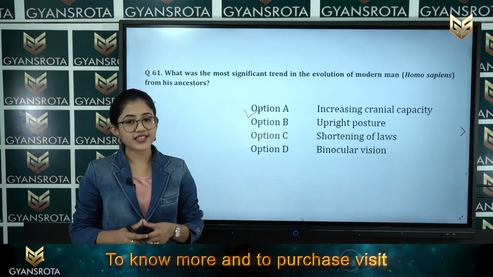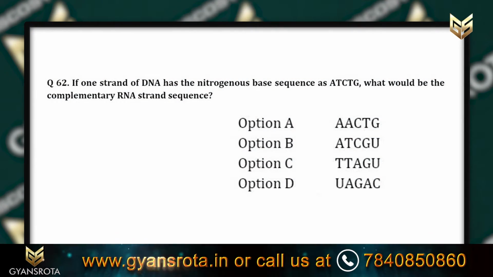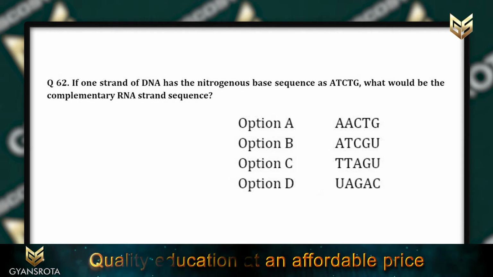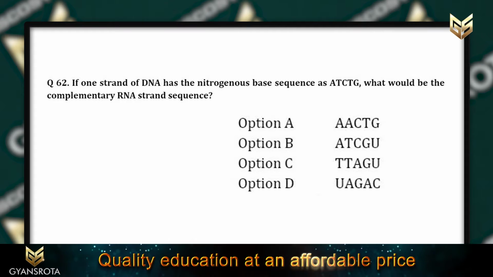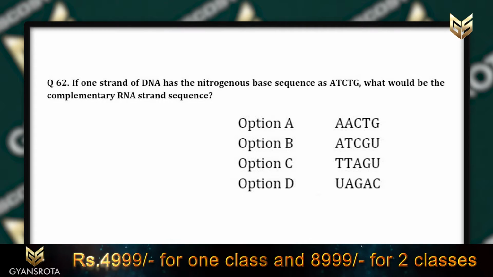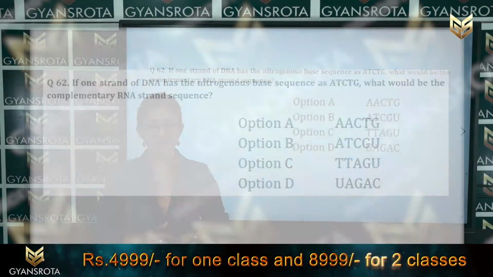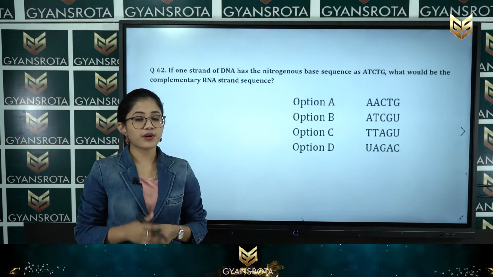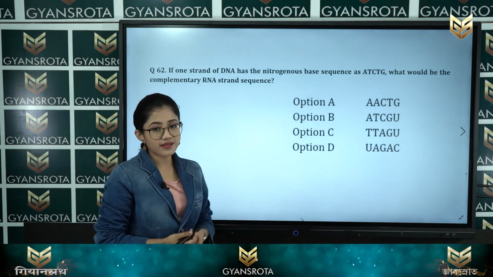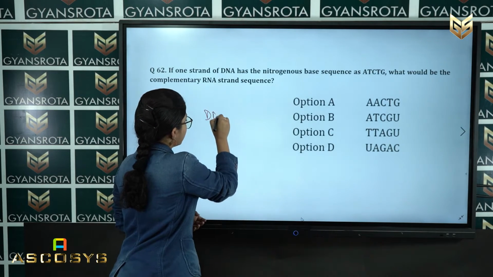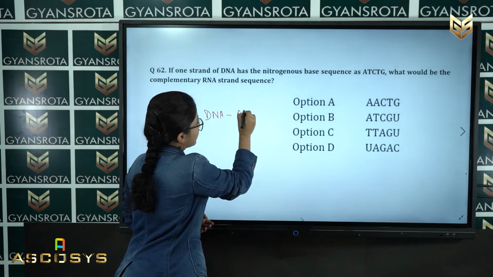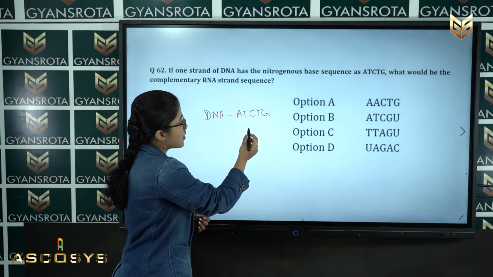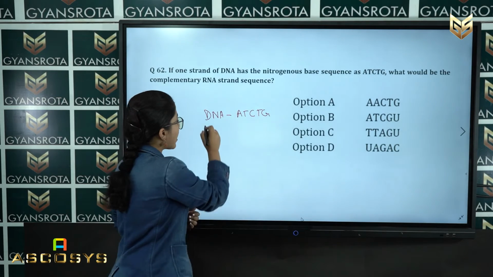Now let's move on to the next question, that is question number 62. In this question number 62, you can see, if one strand of DNA has the nitrogenous base sequence as A, T, C, T, G, what would be the complementary RNA strand sequence? Student, in the chapter Molecular Basis of Inheritance, we have taught about this. So what is the correct answer? It is given that the DNA sequence is A, T, C, T and G. That means adenine, thymine, cytosine, thymine and guanine. So in RNA it will be